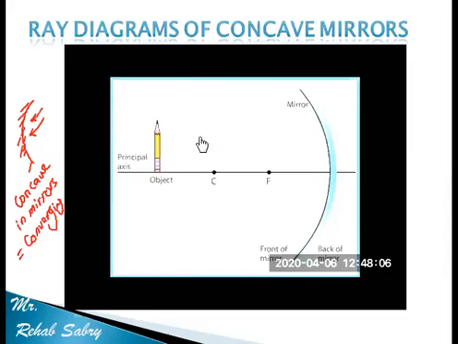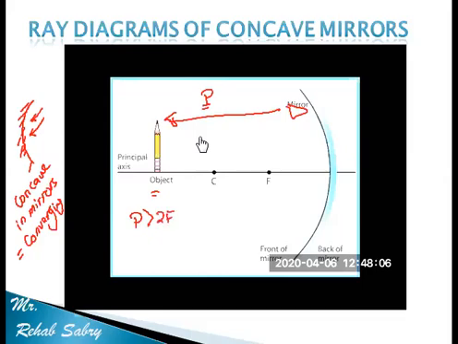This is the first case. If I want to describe the first case here, I'll say that the object is farther than the center of curvature. Or I can say the distance between the object and the mirror, which is P, is more than